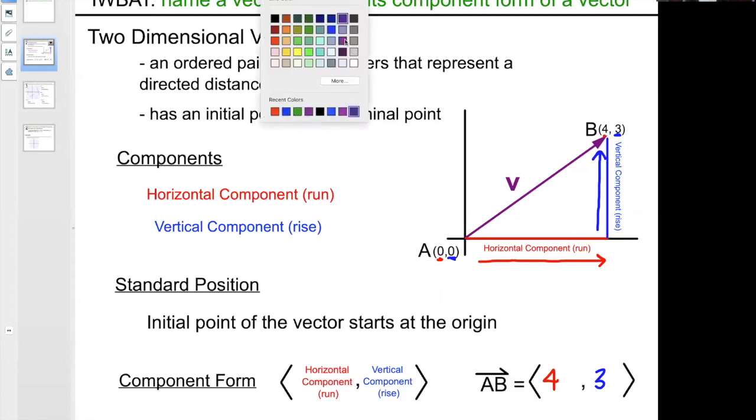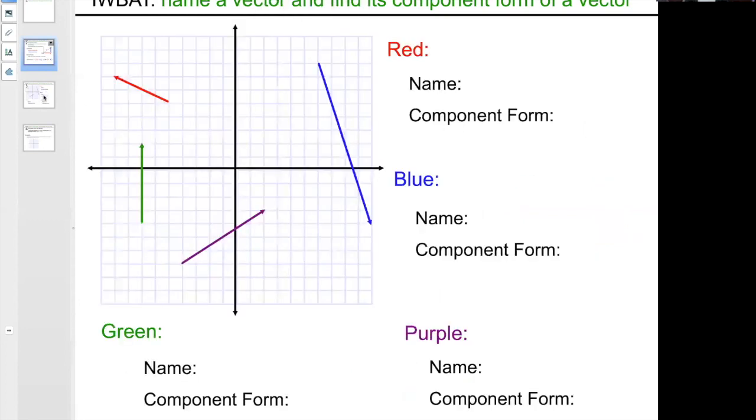So this one could also be labeled vector B. All right, let's go ahead and look at a few examples on here. I guess I didn't put any letters on here. Let me do that quick. So we'll put A, B, C, D,